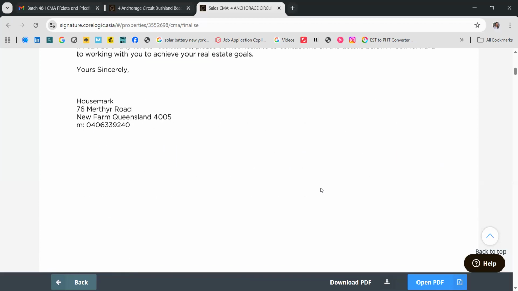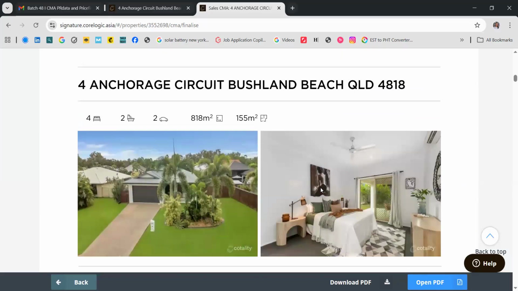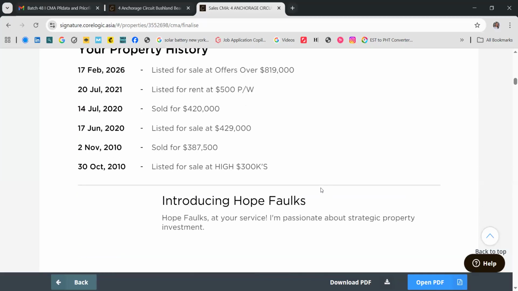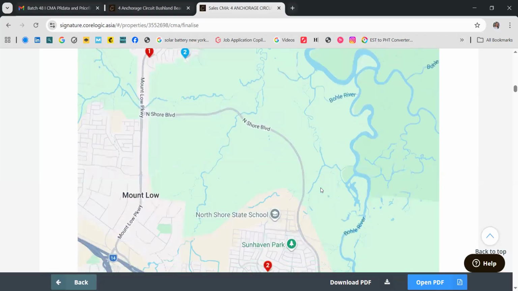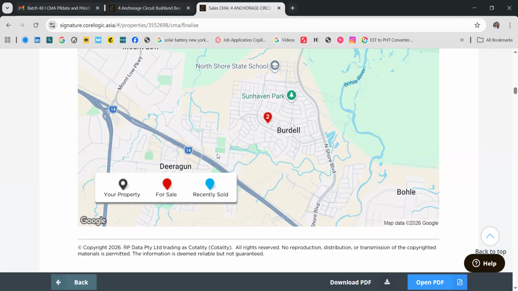So we have the image, the letter, and then the comparable sales, the map. And there's also a legend there: blue for recent sold, red for sale, and black is the property.